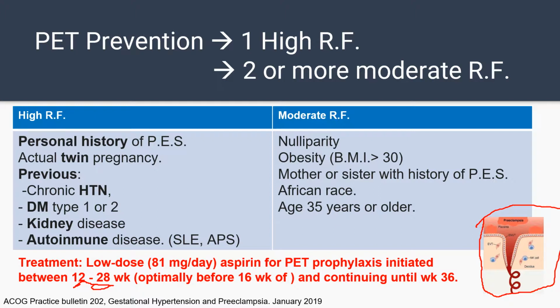So we give this treatment only to the patients that have one high risk factor or two or more risk factors. So we need to assess our patient with this information. Does the patient have personal history of preeclampsia? Does the patient have an actual twin pregnancy? Or does the patient have previous disease like chronic hypertension, diabetes, kidney diseases, or autoimmune disease? Any one of these by itself can be an indication to give this mother low dose of